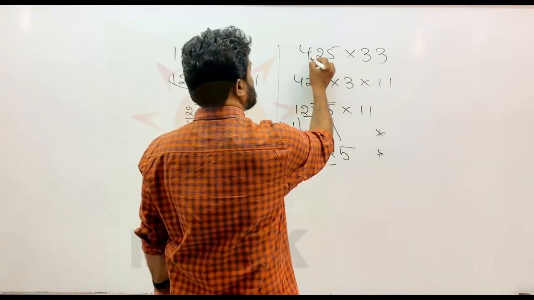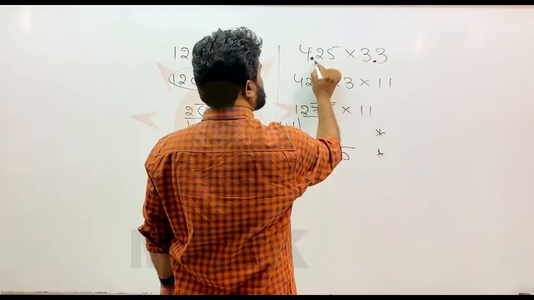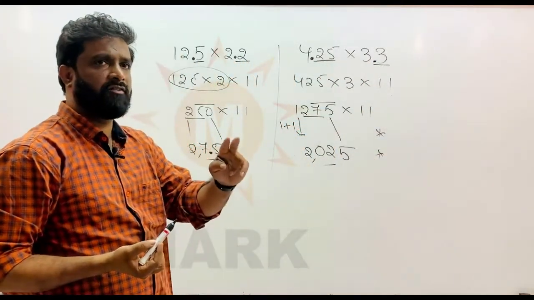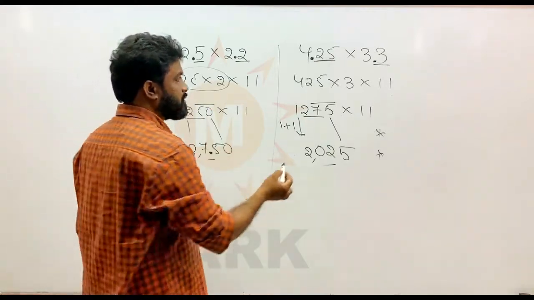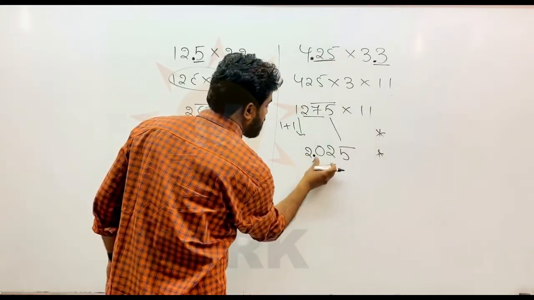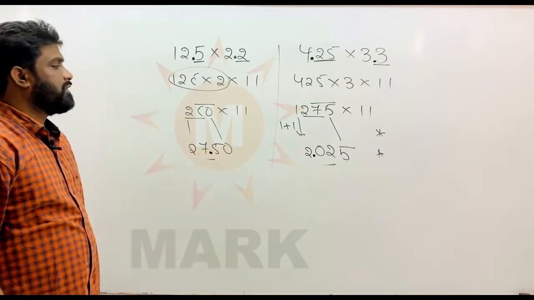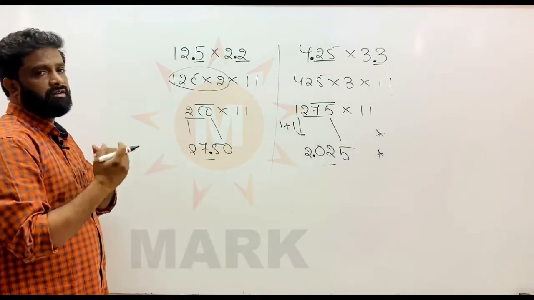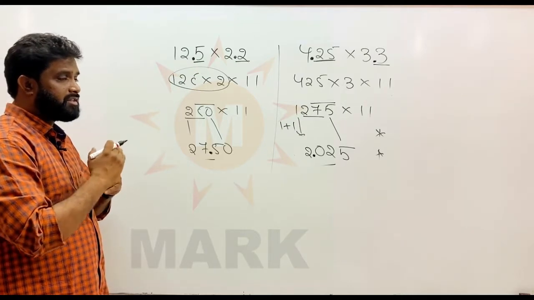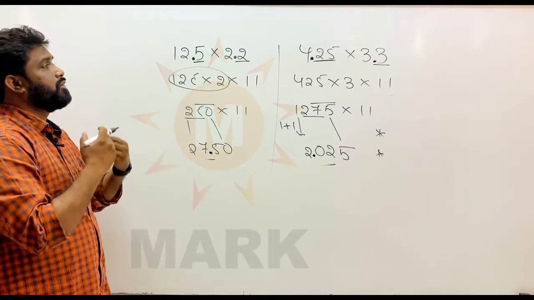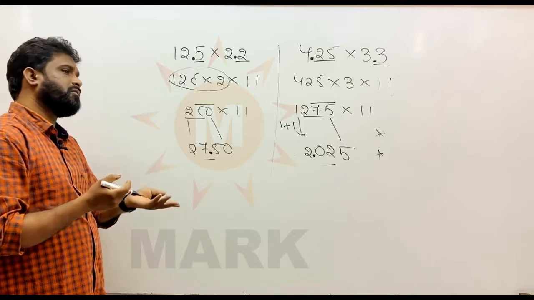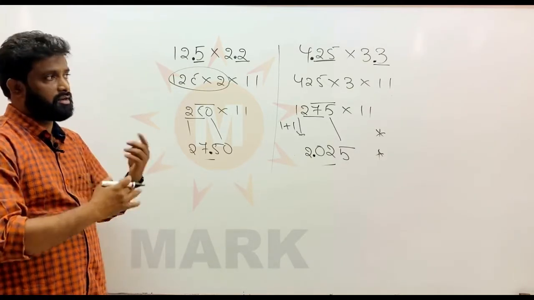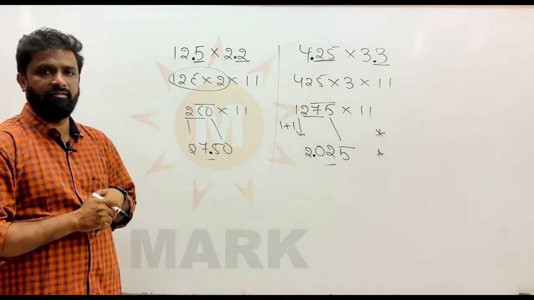Suppose in this case, there is a point here, there is a point here. After the point there are 2 numbers, after the point there is 1 number. So in the product, after the point there should be 3 numbers. So I'll put the point here. Okay. So if decimals are there, this is how we should do. So for everything there is a logical method. So multiplication with 11s can be extended to decimals also and multiples of 11 also, like 22, 33, 44 and 55, etc. Okay, this is how we handle the multiplication of 11.